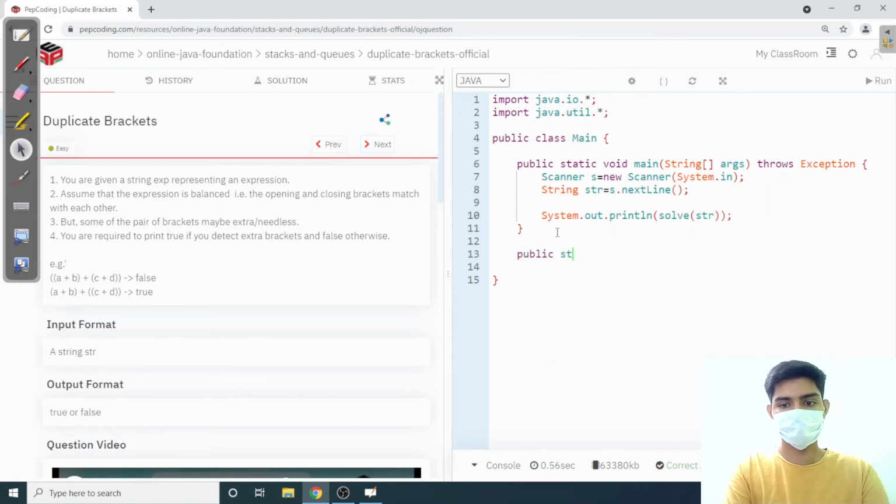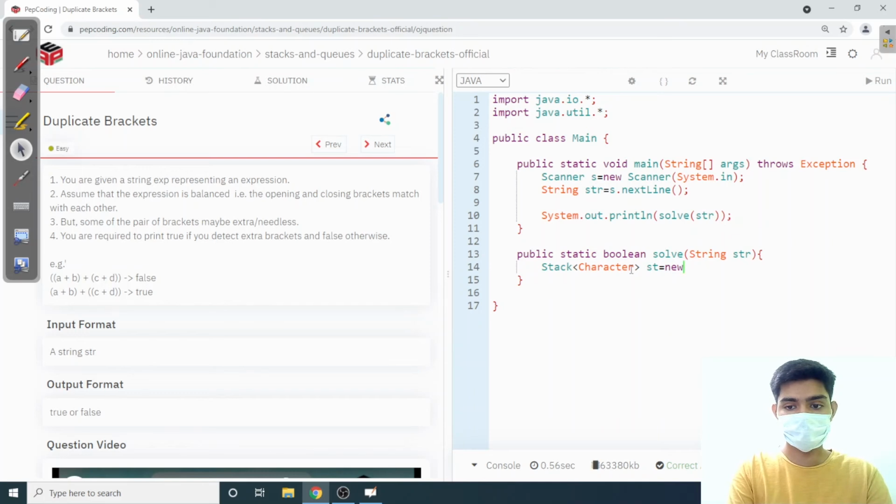If it is true, then it will return true. If it is false, it will return false. Okay. So in this solve function, first I have to make a stack of character data type.